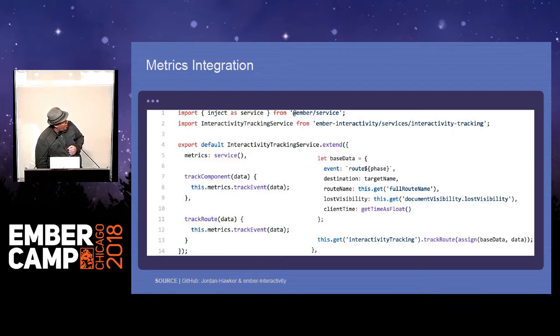But for route events, we do a few things. We capture loading events for individual phases of a route's transition. We capture the destination of the transition, since if you have nested routes, you're going to fire transitions for a bunch of different routes, but then only one of them is the leaf destination route. We're going to capture, obviously, the client time for the event. And then this loss visibility that you see here is just a little thing that we added for routes to